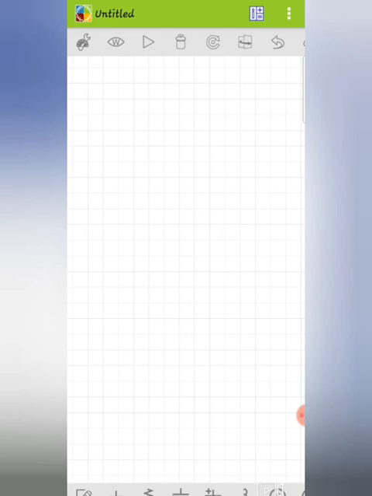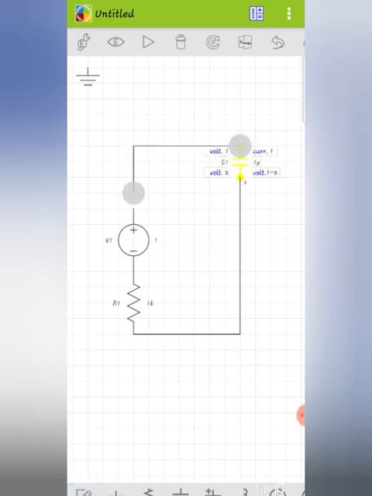If I want a resistor, capacitor, ground and voltage source like this, and I want to rotate, first select the component and see this symbol here which is used for rotation of the component like this, and for the wire we use this pencil-like symbol to connect. This is how we connect these components.